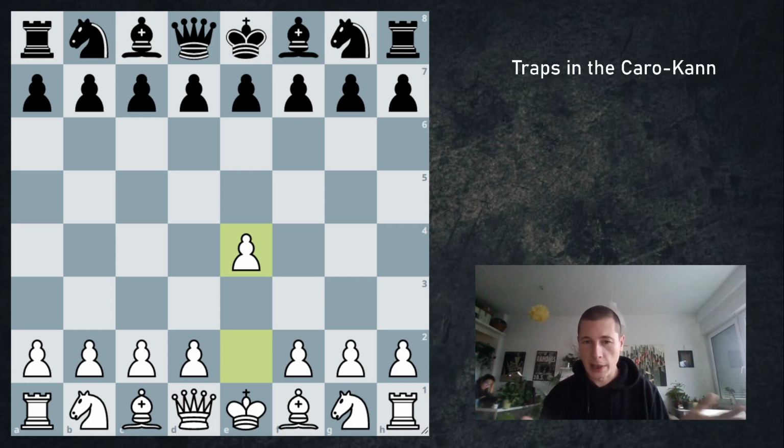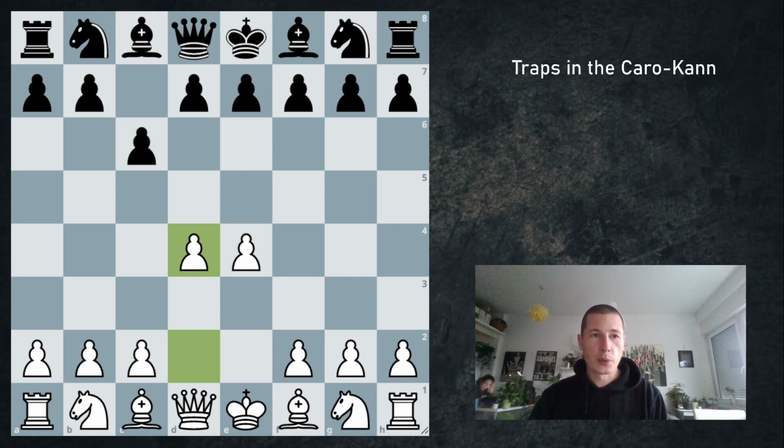So most weak players could still fall for this. It's a theoretical trap, so people who know what they're doing are not going to fall for it. But still, you should know it if you play the Caro-Kann or if you play pawn to e4. Okay, so the Caro-Kann, and in this trap we are looking at knight c3, d4, knight e4, and knight d7,